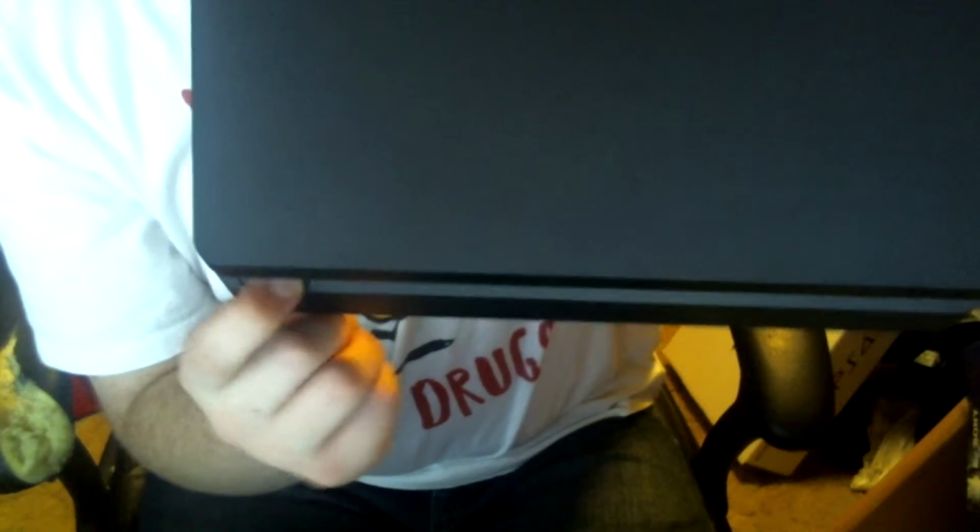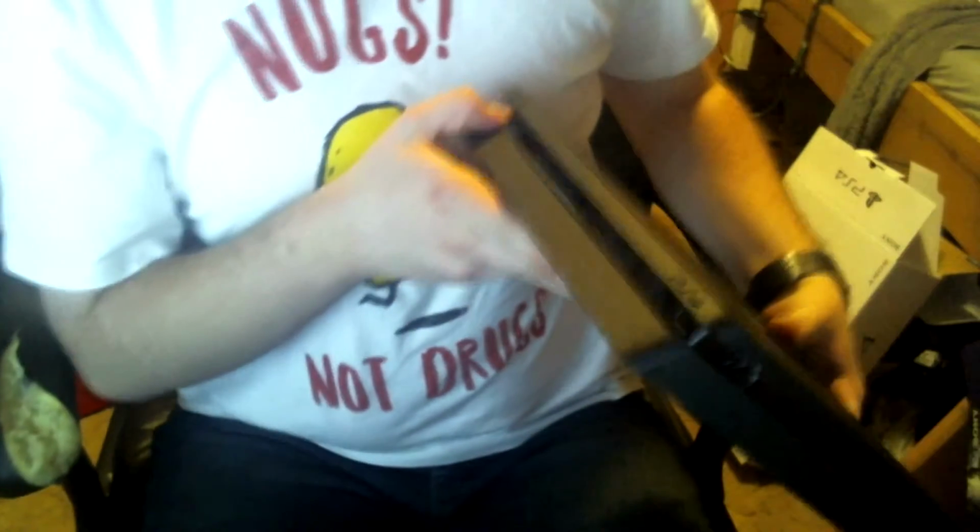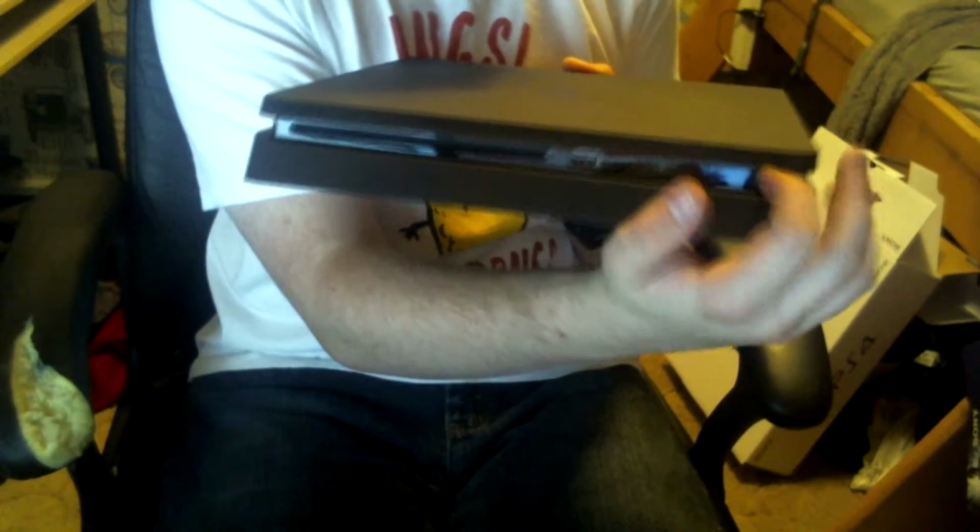And then on the front, you can see right here physical buttons. You have the power right here, and the eject is a small button. There's those two right there. I'm just following the camera now. That's it. And on the back we have